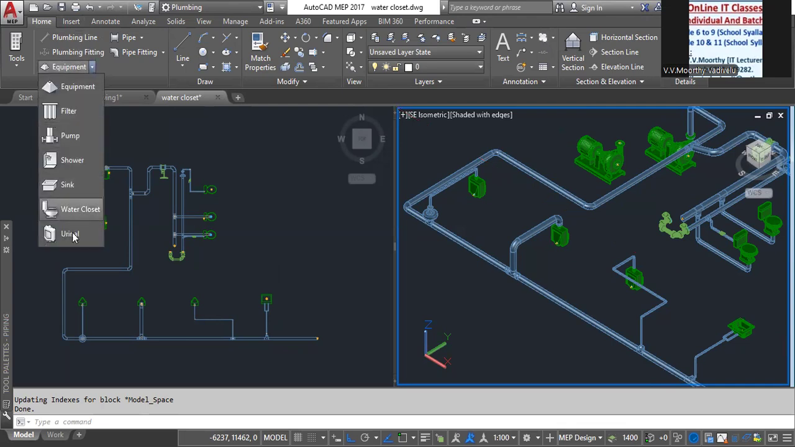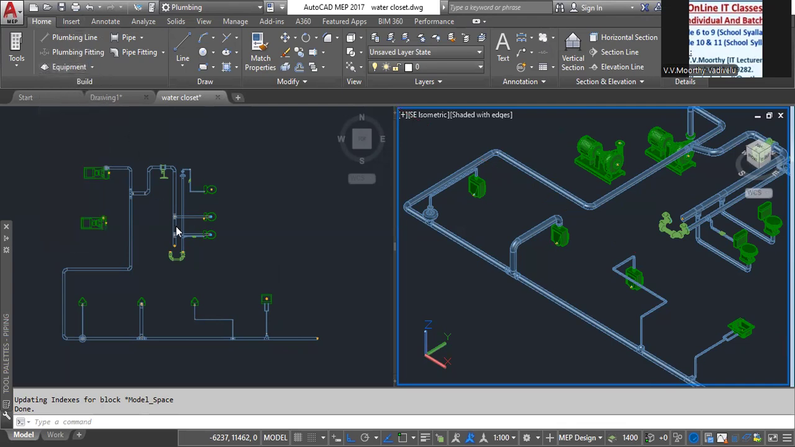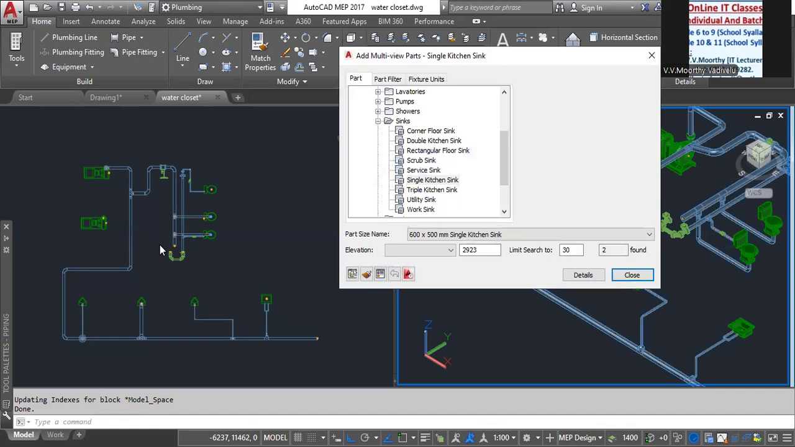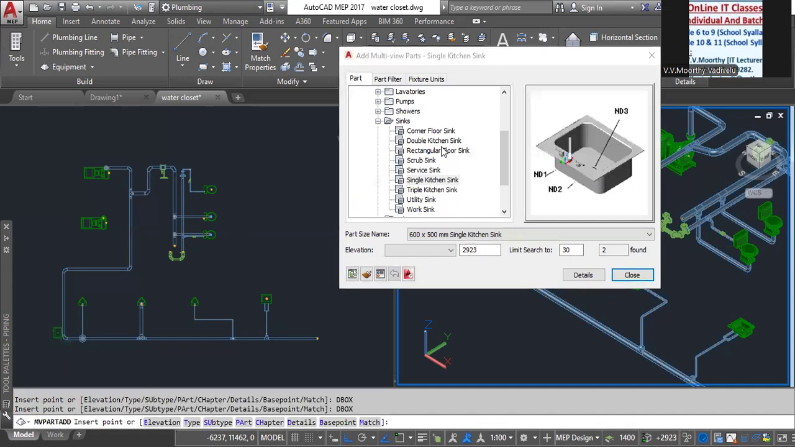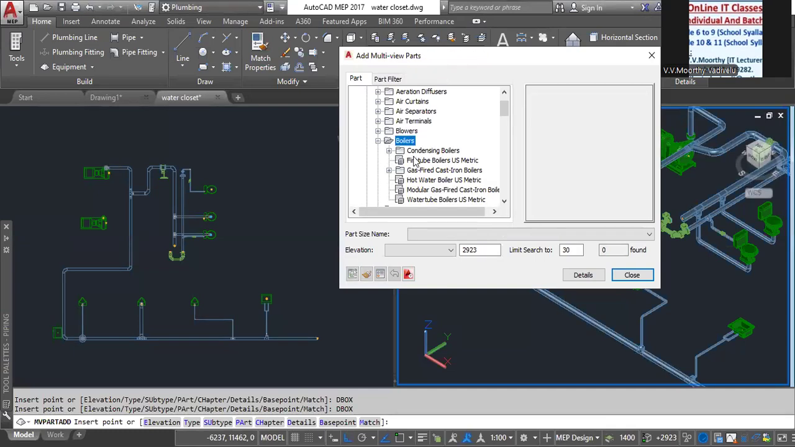Equipment, valves, mechanical, so any type of valves,